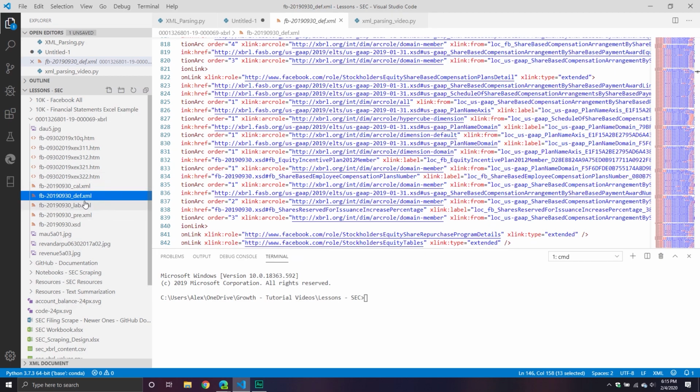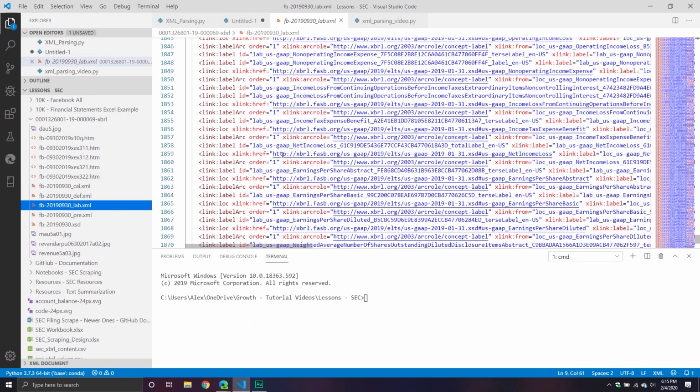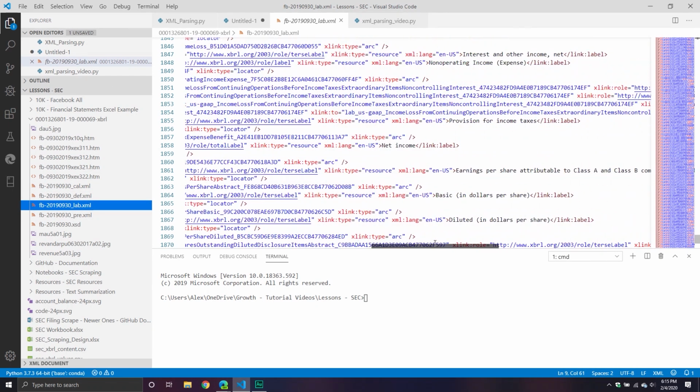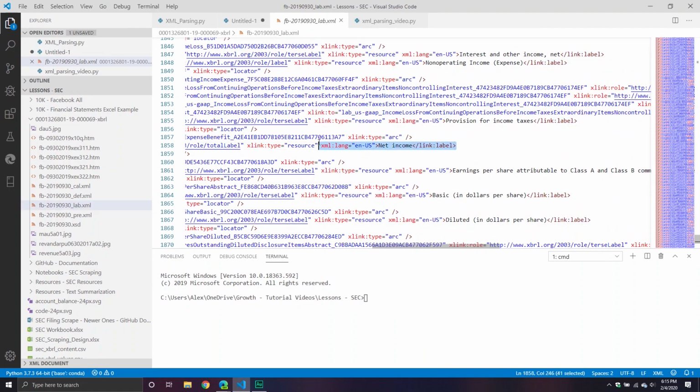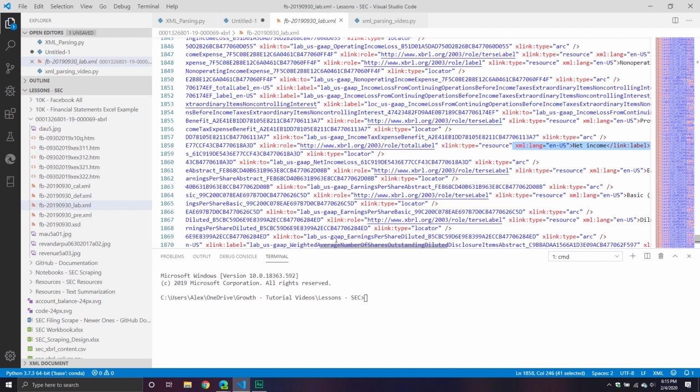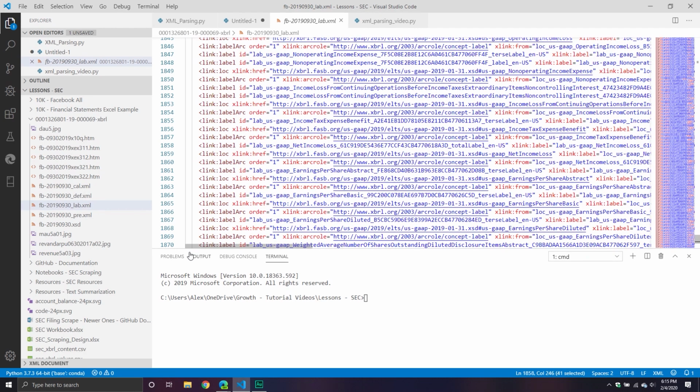On top of that, they have labels. So they'll tell you what it's supposed to look like on that particular financial statement. And again, they will give you links and they'll give you IDs. So that way you can easily match it all up, semi-easily. You have to be a little bit creative, but it's easy, at least from what I've been able to